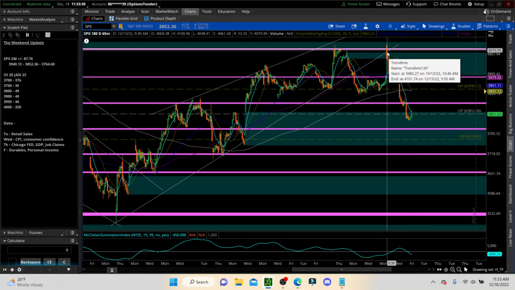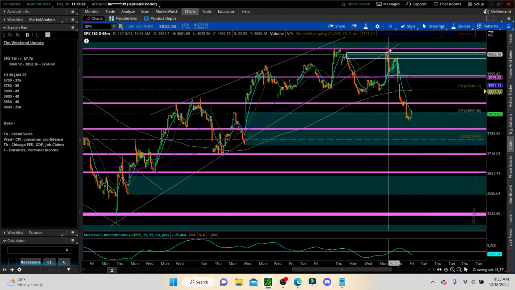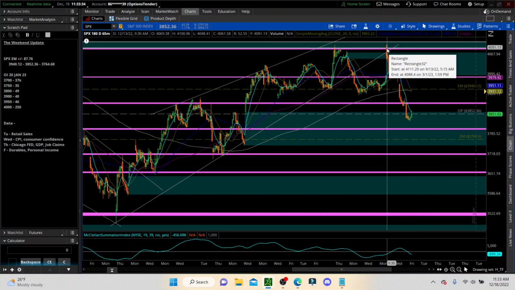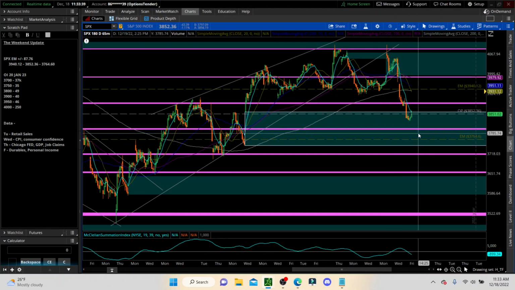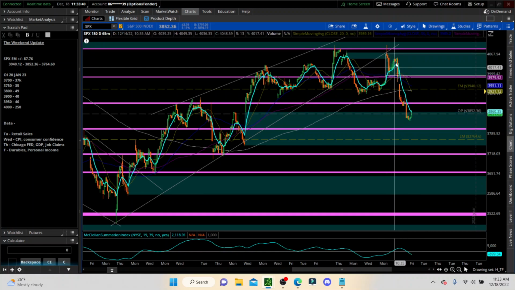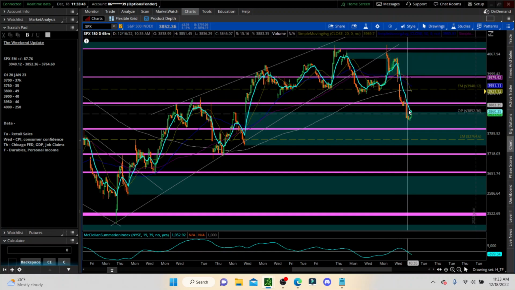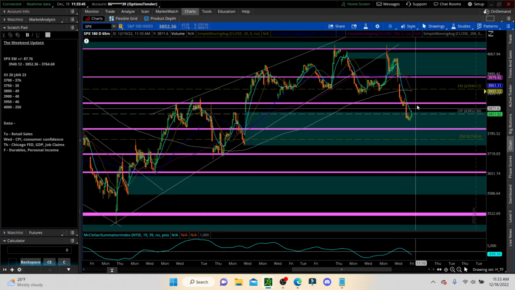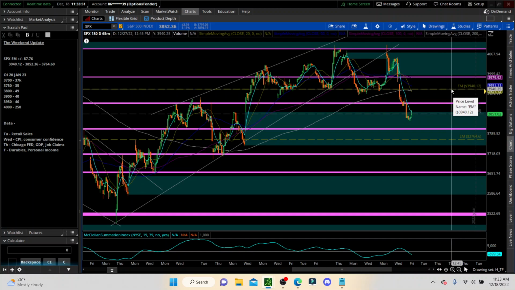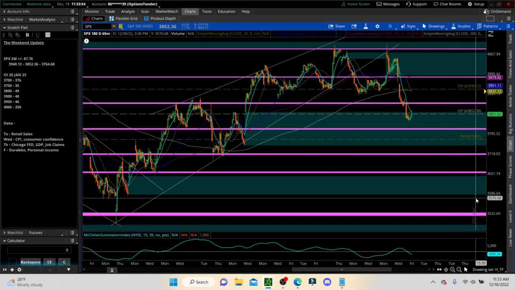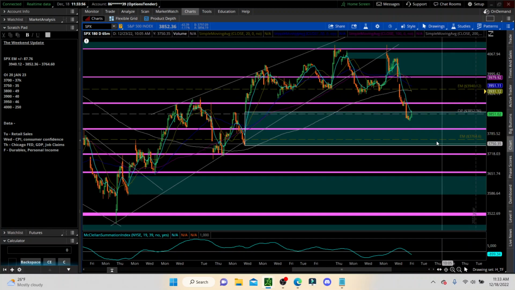So on a lower scale here, we made a slight high. So this is a 1, 2. This is all a wave 1 to begin, but this is a 1, 2, 1, 2, 3. I suspect this is going to be a wave 4. We have a little bit lower to go, and that will complete the wave 1. And then we come back for a 2 and start to head much lower at that point.